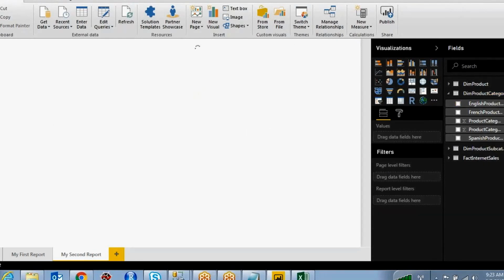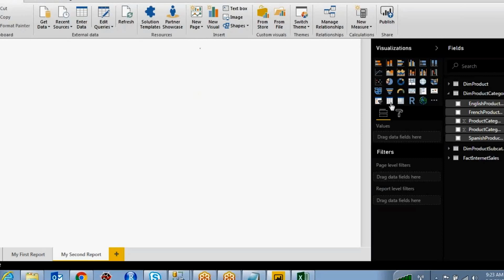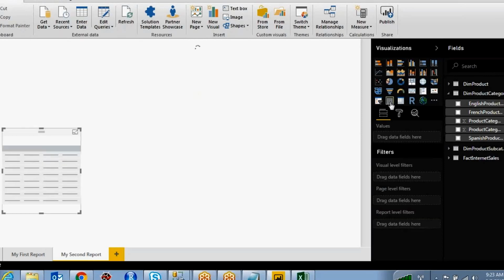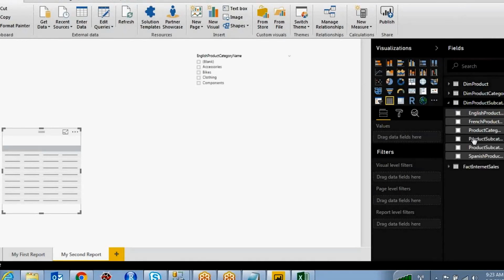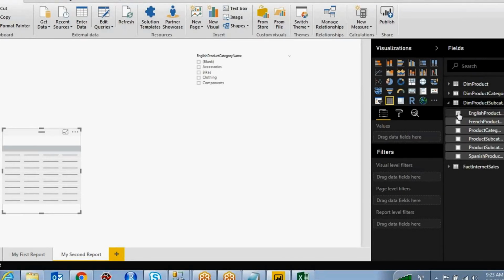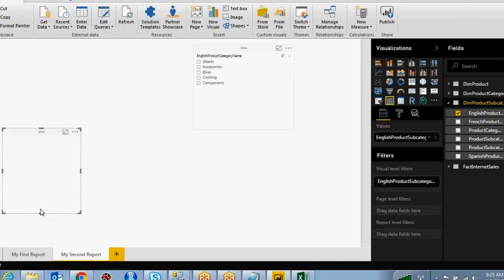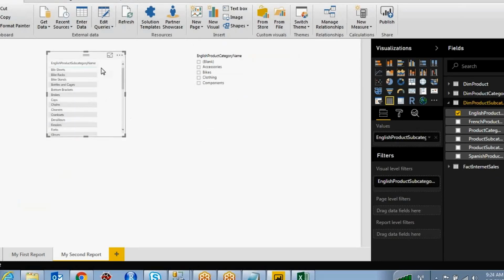Then I'm going to take one table. That table will display all the subcategory items from the subcategory table. Okay, right. So these are the list of categories and these are the list of subcategories.